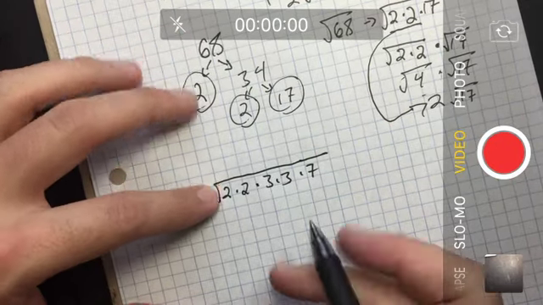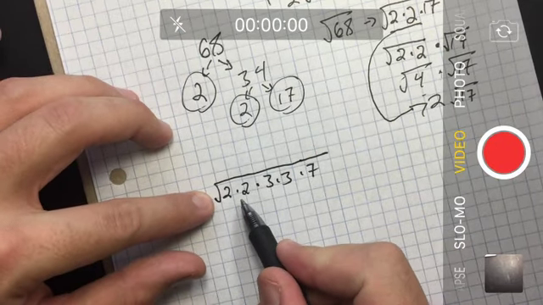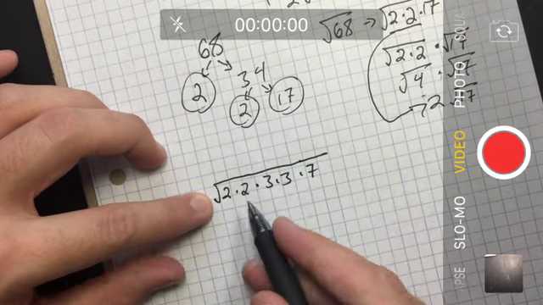Here's our square root right here. So we're going to take the square root of this 2 times 2,